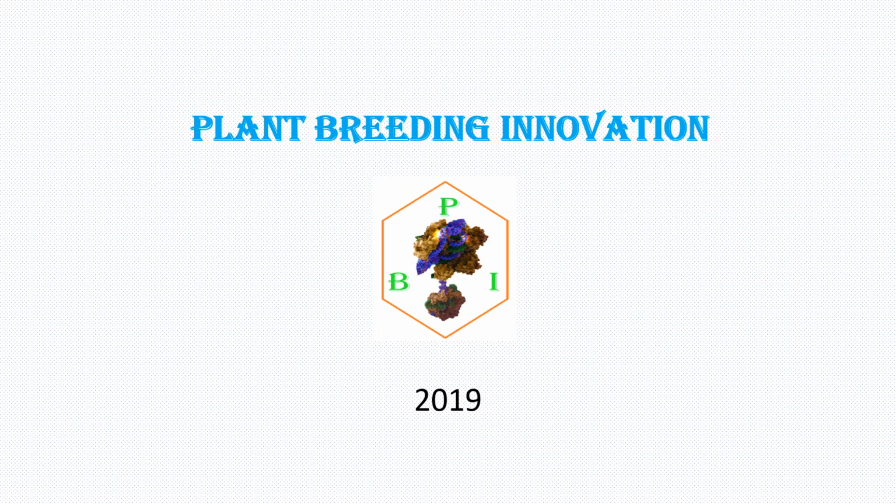Hello everyone. Plant breeding aims at the discovery of variation in nature or creation of artificial variation and then delivering useful variants into cultivars. In this way, it plays a significant role in improving crop production. In general, the term plant breeding innovation is used to describe the constantly evolving ideas and practices which enhance the